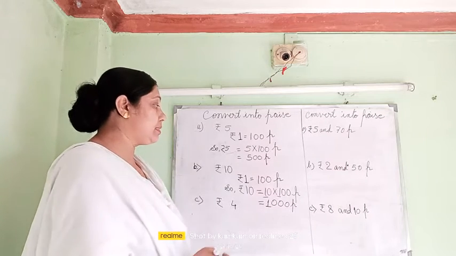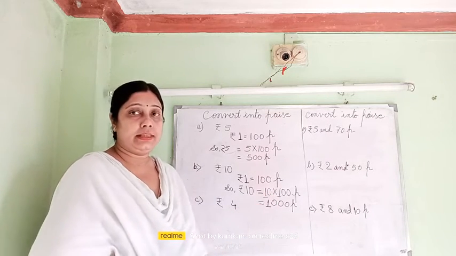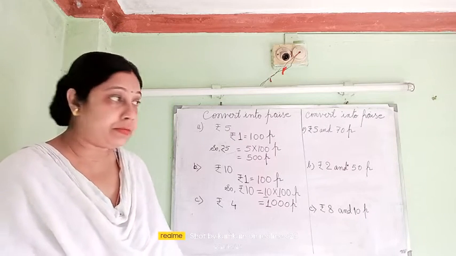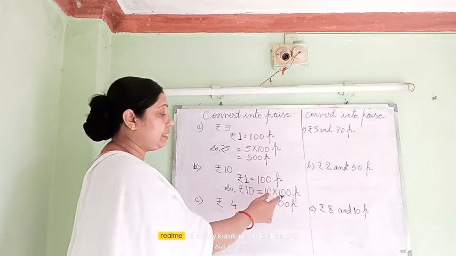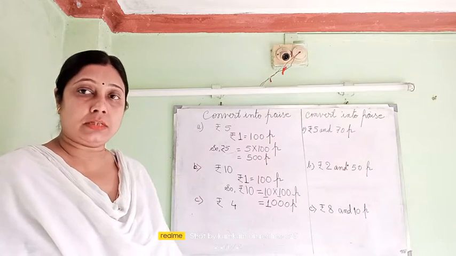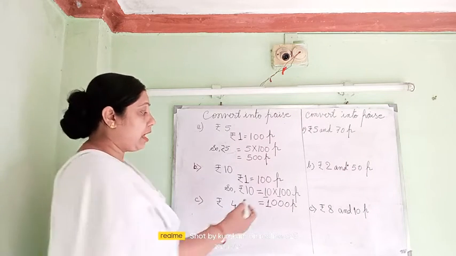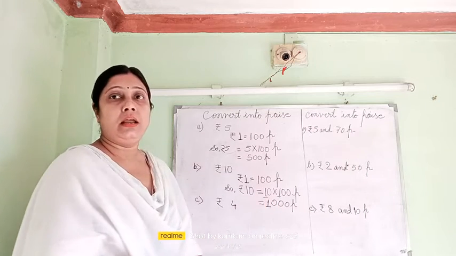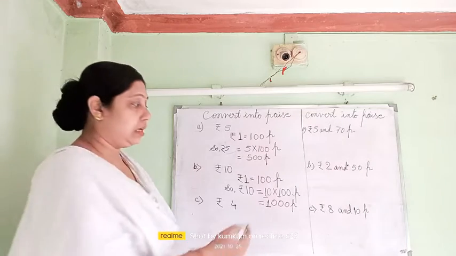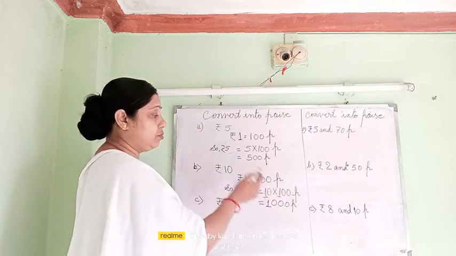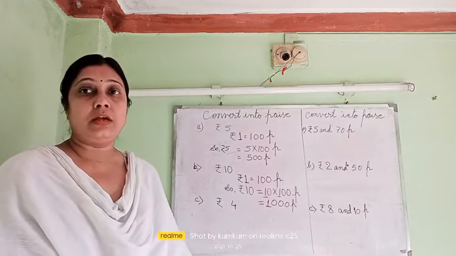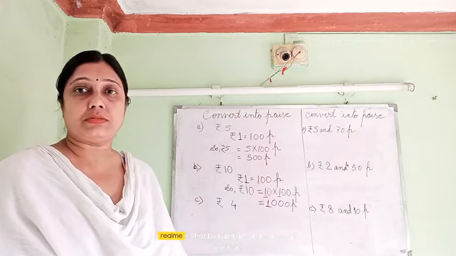Now if you cannot understand this way, you simply learn that 10 rupees has 1000 paise. Now the conversion again I am repeating. When it is 10 into 100, whenever it is multiplication by zeros, we always count the zeros and multiply the digits. So here I am multiplying the digits, that is 1 into 1. 1 ones are 1 and I am counting the zeros. There are 3 zeros in total. 1, 2 and 3. So here 3 zeros I am writing. So it is becoming 1000. So 10 rupees equal to 1000 paise.